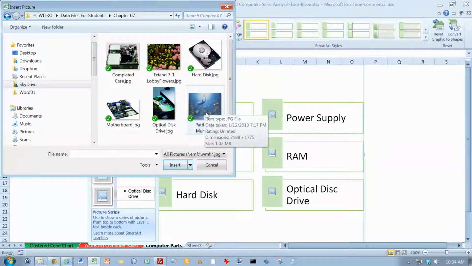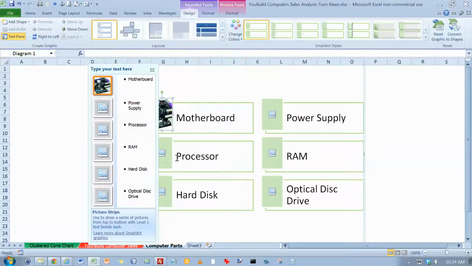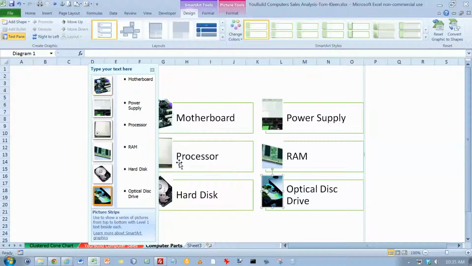And there should be a picture out there called Motherboard. Click on Insert. And I want to do the same thing for the remaining pictures, and we'll just go ahead and do this here. You can pause. There, I've got the pictures inserted,